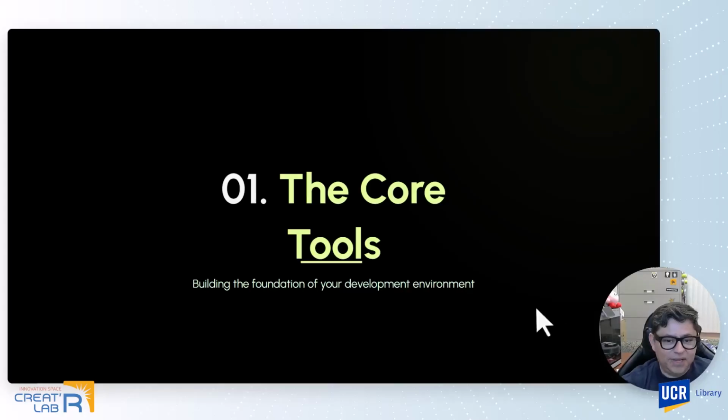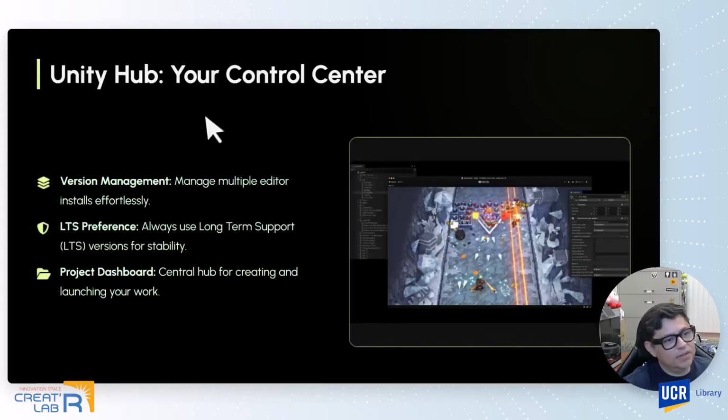Just building the foundation. So Unity Hub, you do need to install the Unity Hub control center on your computer. This is really good for version management so that you can manage your projects really easily in the hub. It'll tell you the version of Unity that you were using. It's very important to know the version of Unity because at every update they change things and your code might